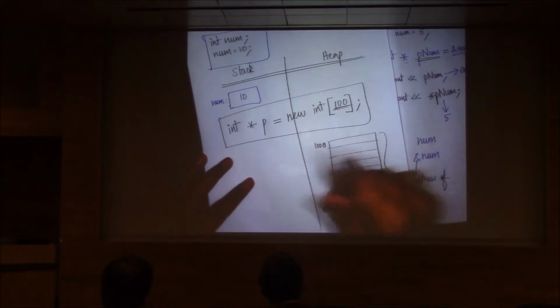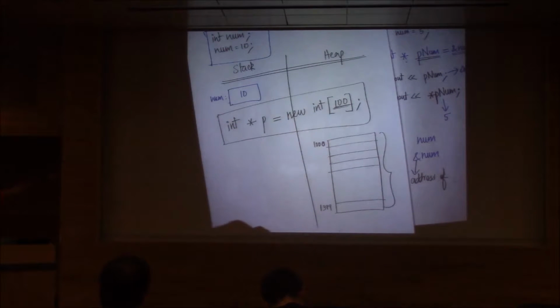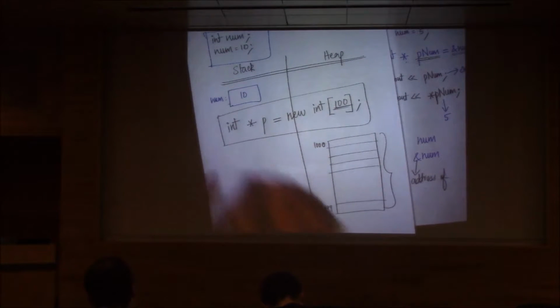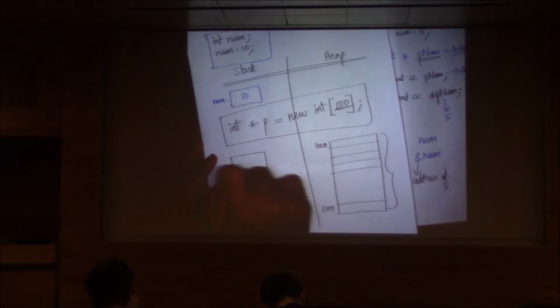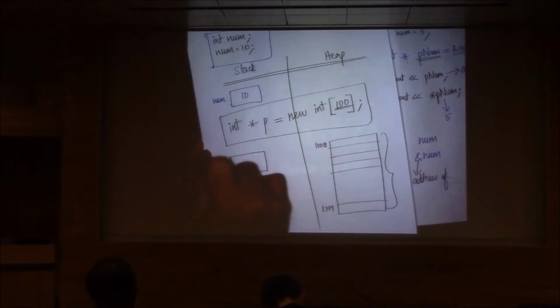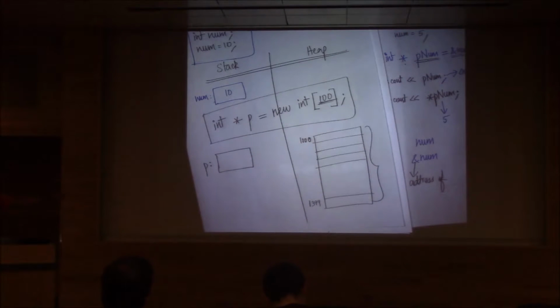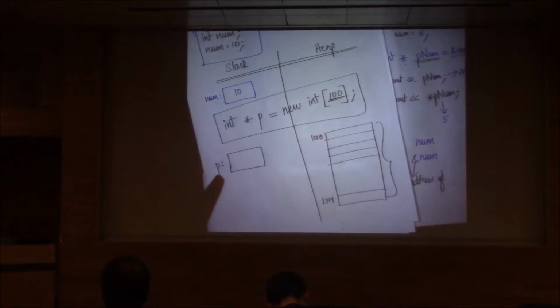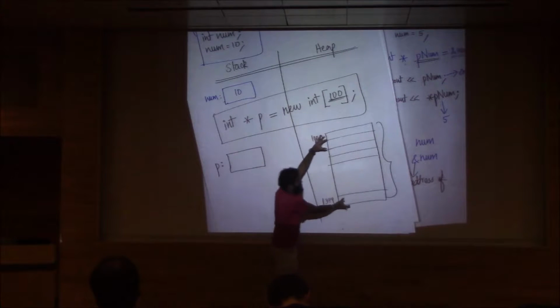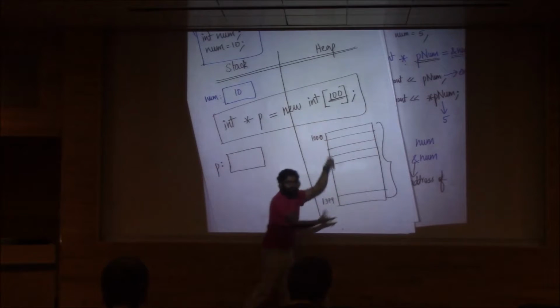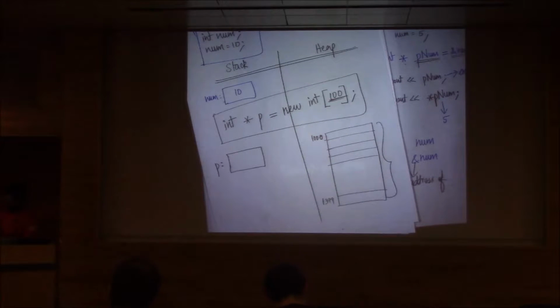400 bytes, what happens here? The variable p that we have here will still be created on the stack. The left hand side is the stack and the right hand side is the heap. Variable p is still created on the stack, and all that variable p will contain is just the first address of this 400 bytes of memory, which is used to store 100 integers. And the first address in this case is